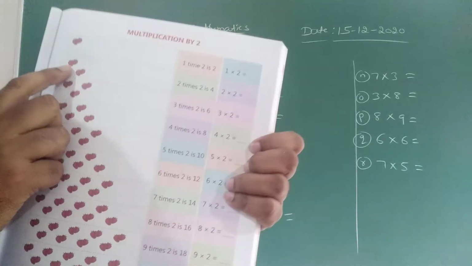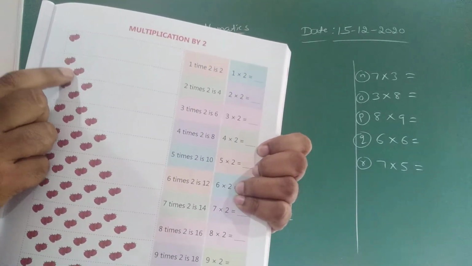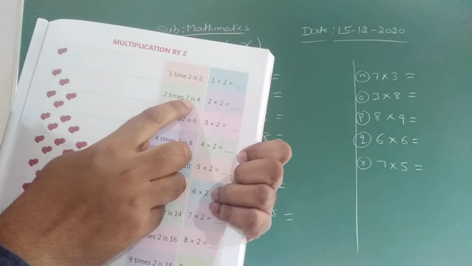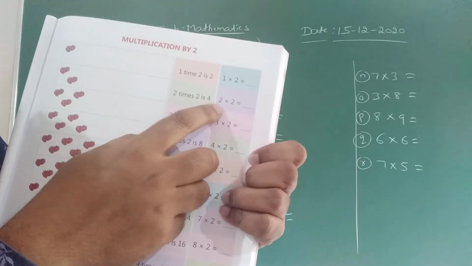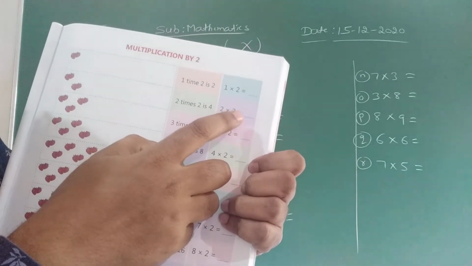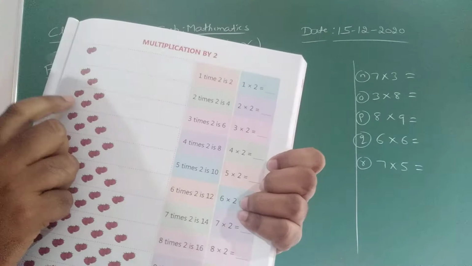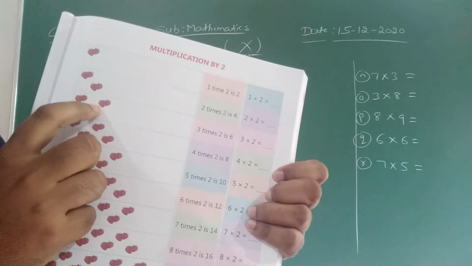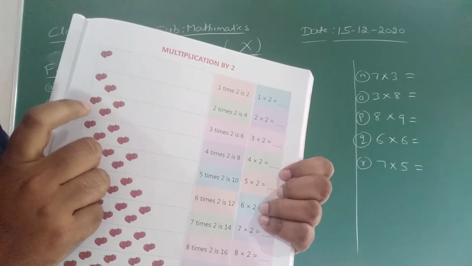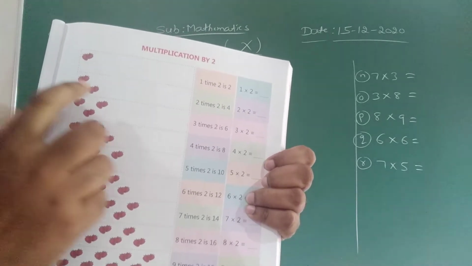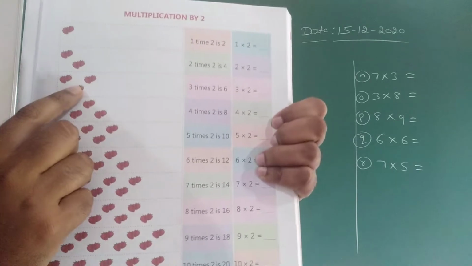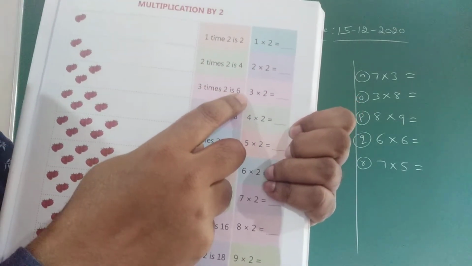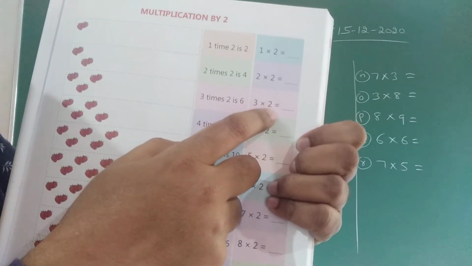Now similarly see, you can see here 2 apples, here 2 apples. There are total 2 times 2 is 4. This can be written as 2 into 2. Okay now, see here 2 apples, 2 apples, 2 apples. These 2 apples, how many times is it 2 apples? 3 times. This is the 1 time, this is the 2 time, this is the 3 times. Therefore, we have to write 3 times 2 is 6. Therefore, we have to write 3 into 2.